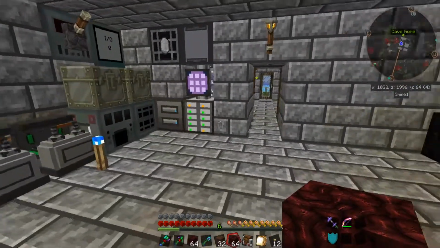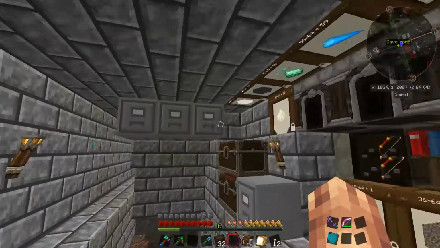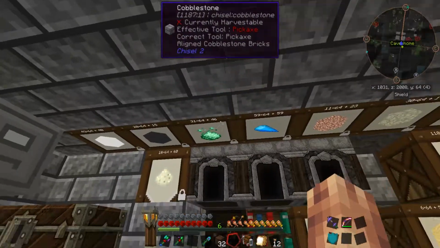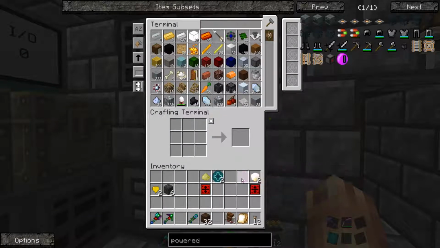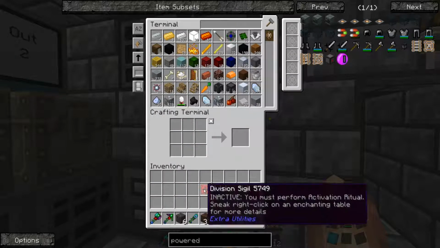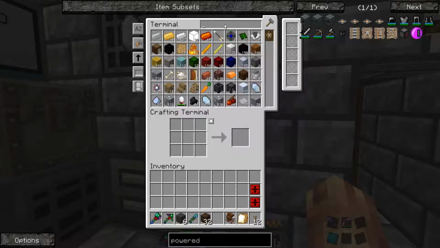But first and foremost, let's start cleaning up our inventory a moment here. We'll put the netherrack away there. We will throw our shards up here. Our essence in there. The heftier essence can go in here. The cubes can go in there, as well as these rare shaders, sulfur. The hearts can go in there. And we've got the division sigils. Well, before we do that, let's go ahead and...